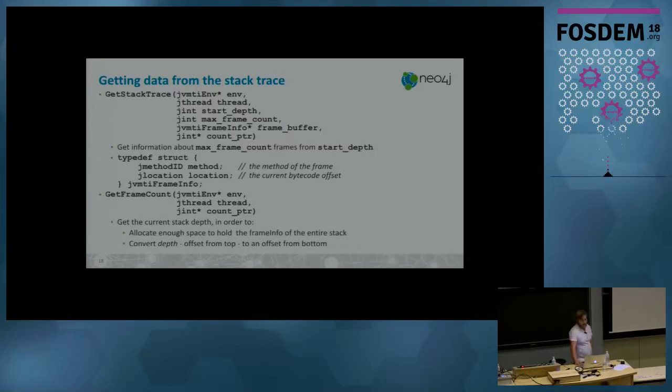There's also a method for getting the frame count, so we don't actually have to guess the depth of the stack. We can call this method to get the actual frame count, and we can also use the total frame count to convert the depth at which we inspected a frame to a height from the bottom of the stack where it's at,